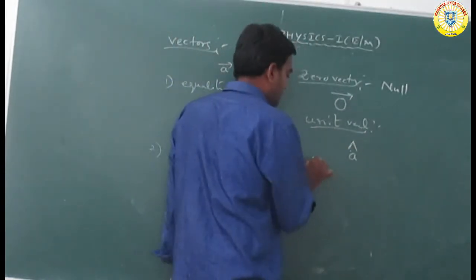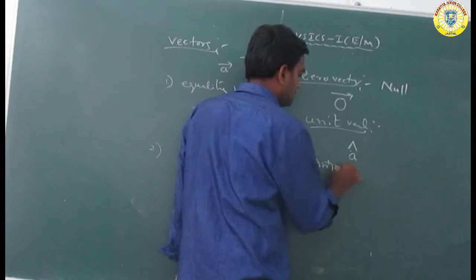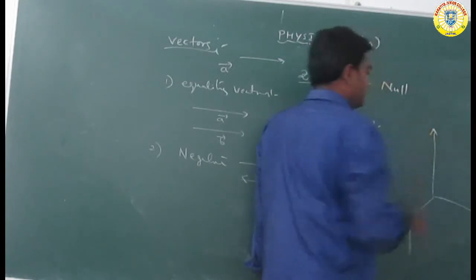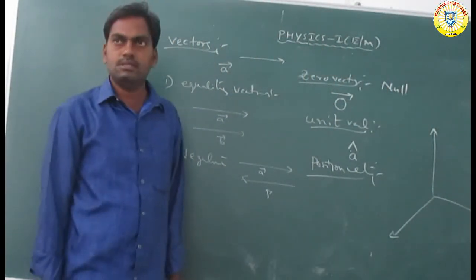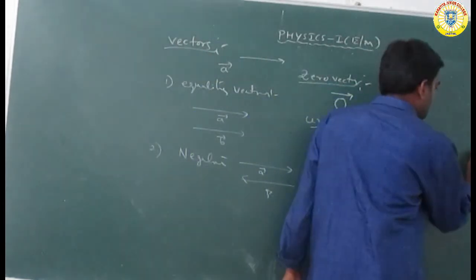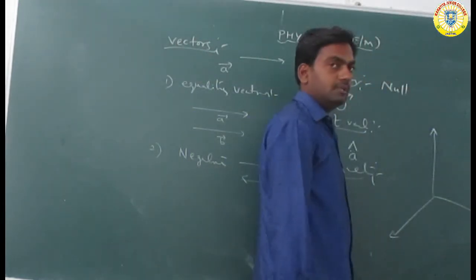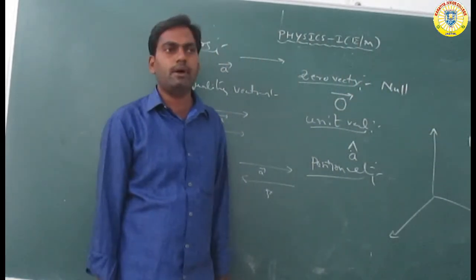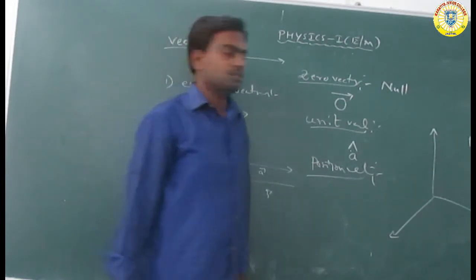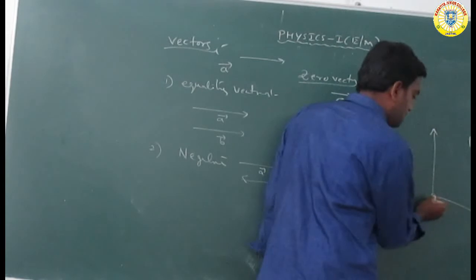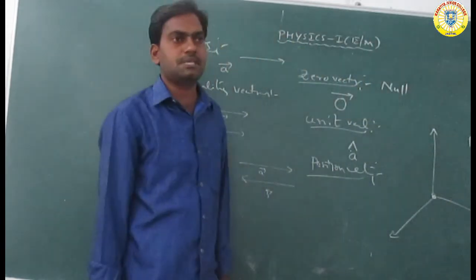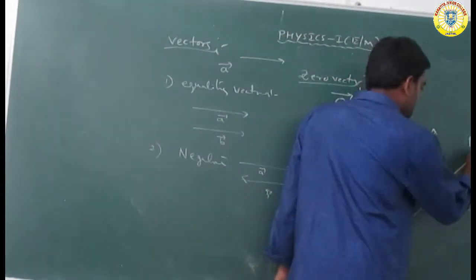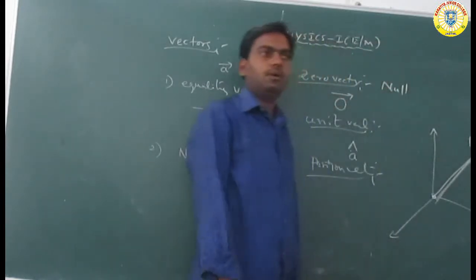Next one is the position vector. So this is called space, with x, y, z directions. A point is taken in space, that is the point P. The position is measured from the origin of the coordinate system x, y, z to the point. So this is called the position.